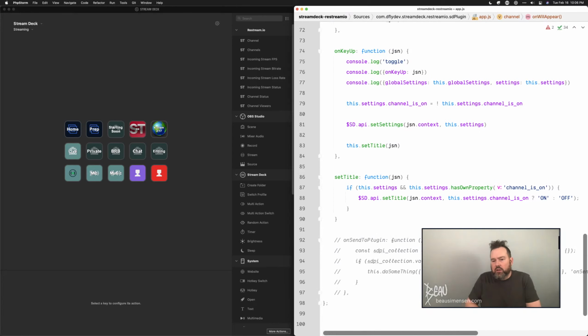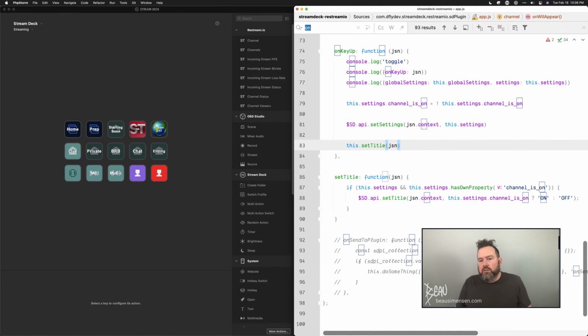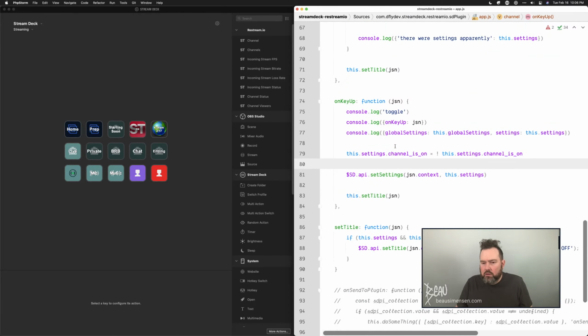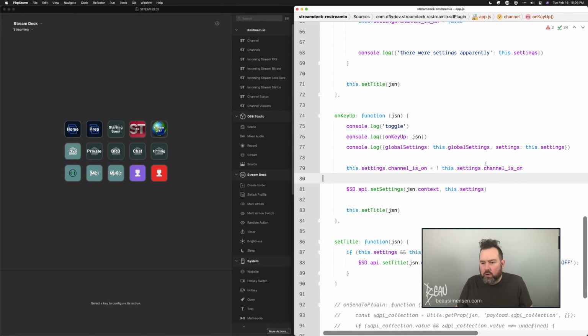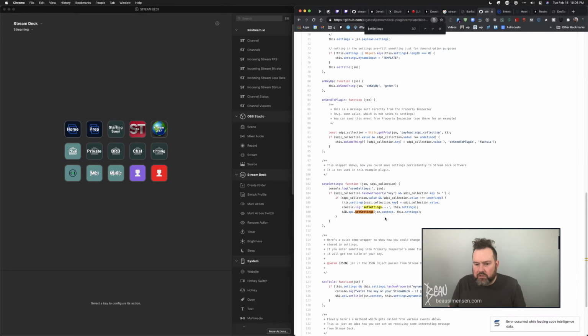I think the trick here is, in the real world, we wouldn't store this value in settings. I think that's what this is doing here. It's only saving, or rather, it's transferring information from property